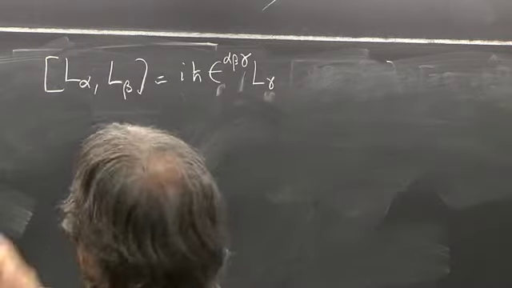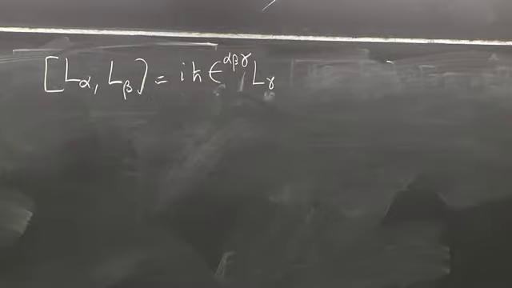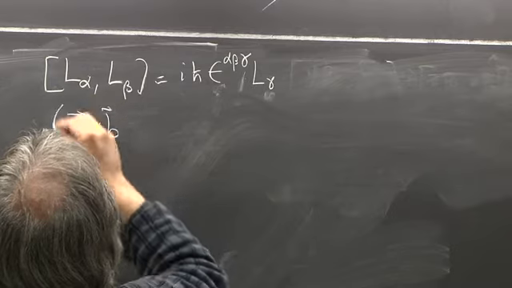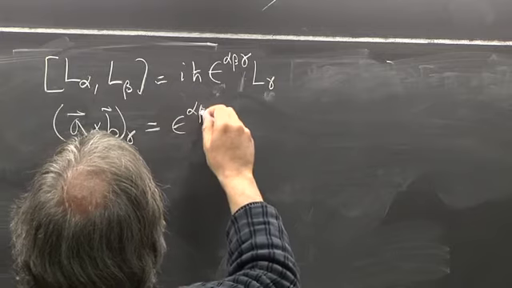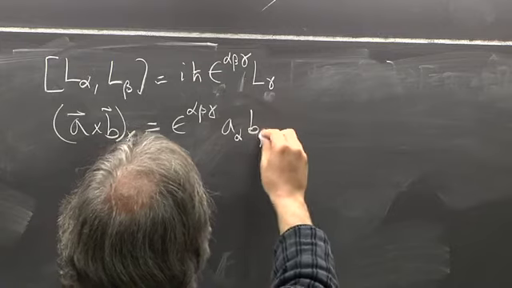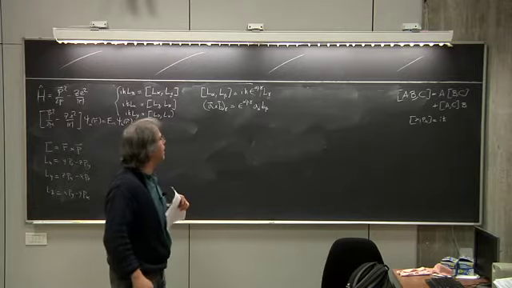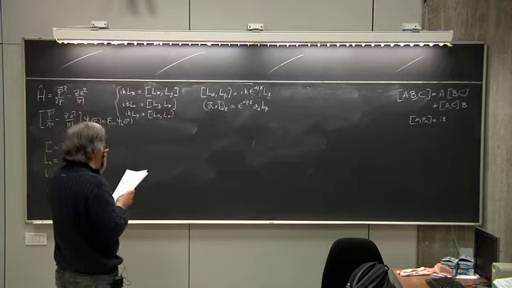The same object, by the way, appears when you do vector products of just classical vectors. So for instance, if you want A cross B, component gamma, okay, this is nothing but epsilon alpha beta gamma, A alpha, B beta. Okay? So the ordinary vector product is also expressed in terms of this. And sometimes when you have heavy manipulation, heavy algebra, it might be useful to just resort to this object. Okay, now,